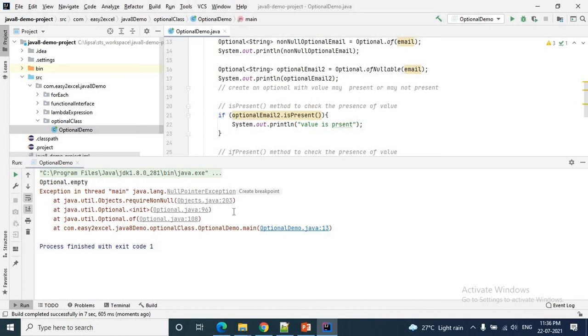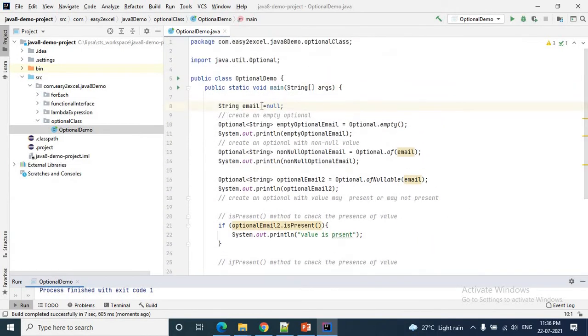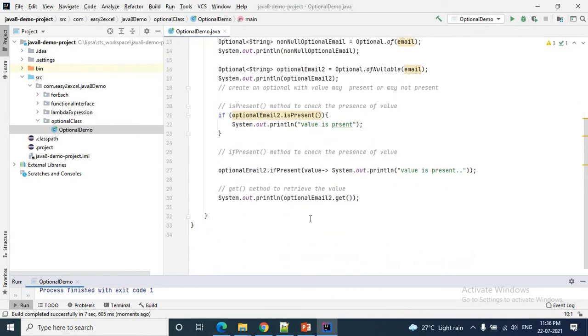See, it will throw a null pointer exception. Why? If the value is not present in the optional and you are using the get method to retrieve the data, then it will throw the exception.